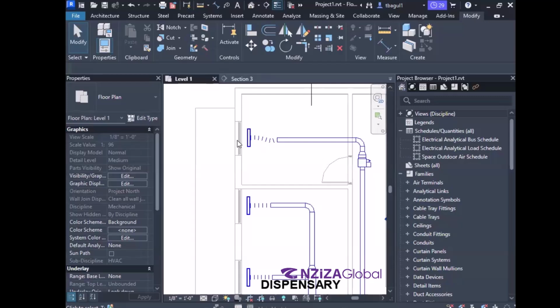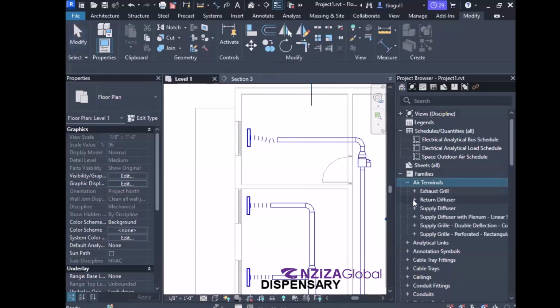Okay, so 85 CFM is what we are getting through here. Yes, Lawrence, you're correct, not required. So 85 CFM is the supply air. For now, what we'll do is we'll check in the air terminals. You will have return diffusers over here,